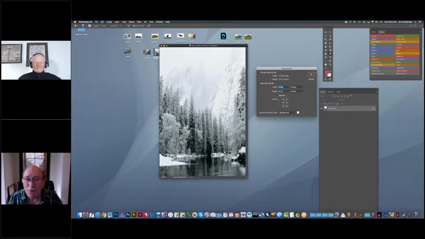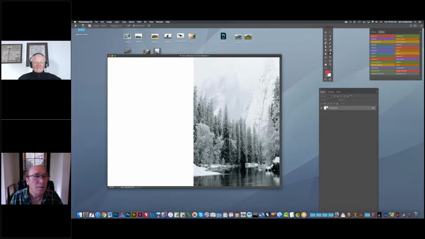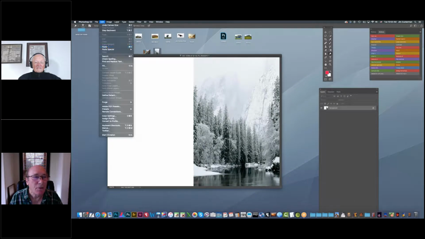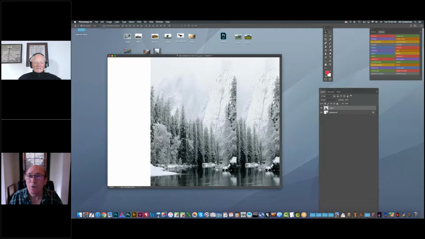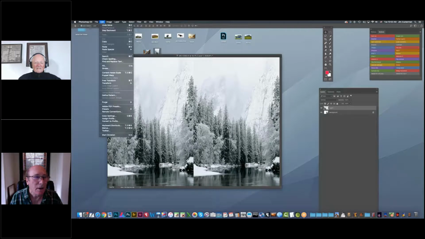If we go here, so the new real estate goes on the left, we double this, that's 24.96, 24.96, and we paste this, edit, paste, with the move tool, move it over here, and we now flip it horizontally, edit, transform, flip horizontal,